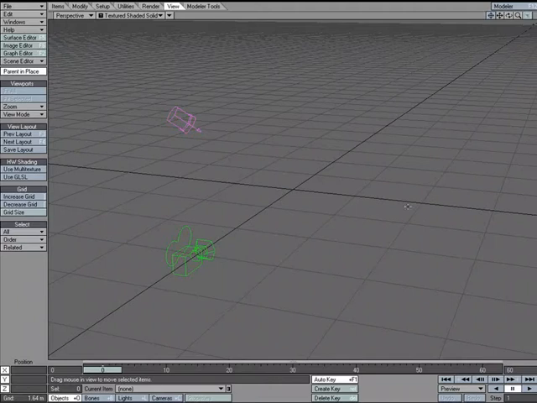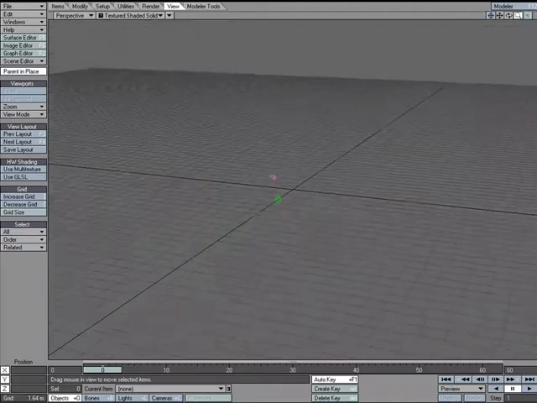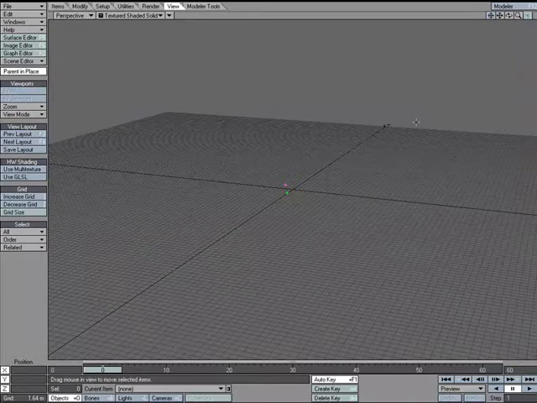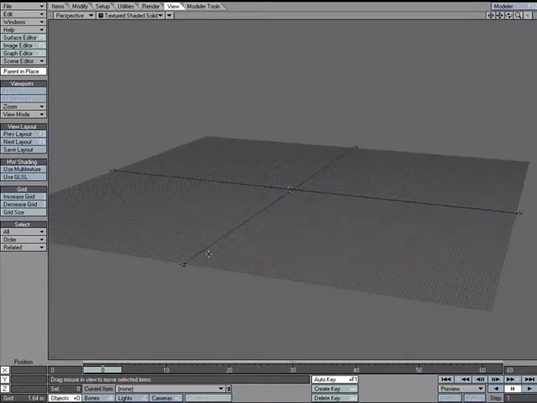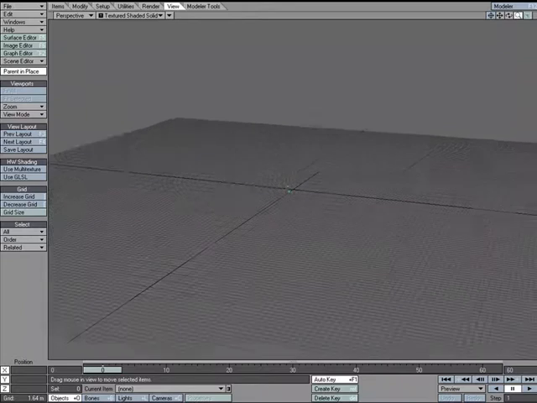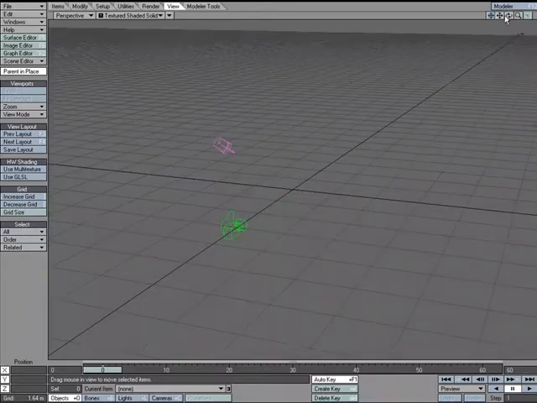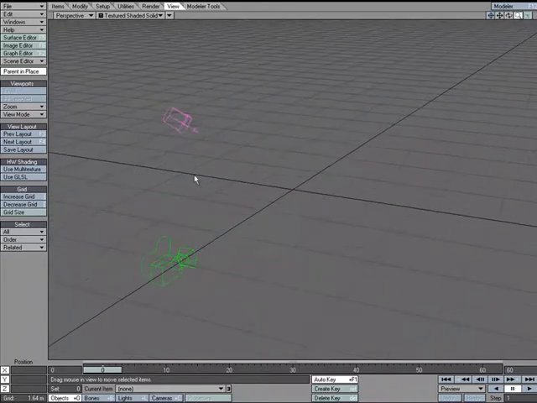The grid in Lightwave is a visual reference for where you are in 3D space. If I zoom out a little bit, we can see the positive z, I'm just going to keep zooming out, negative z, negative x, positive x. So it gives us an idea of where we're at in 3D space, but we can also use it to